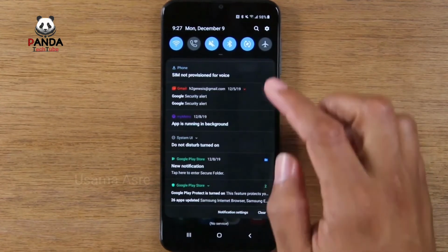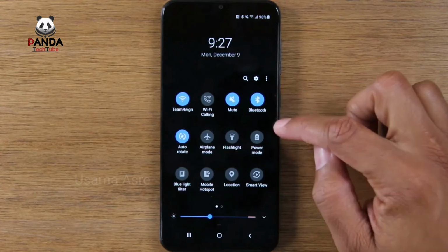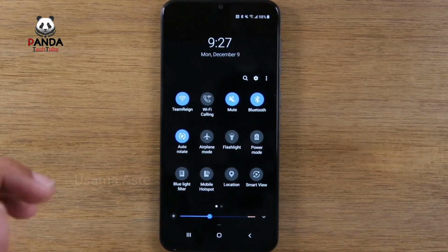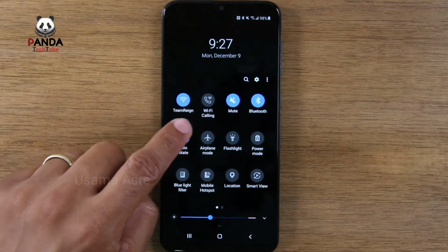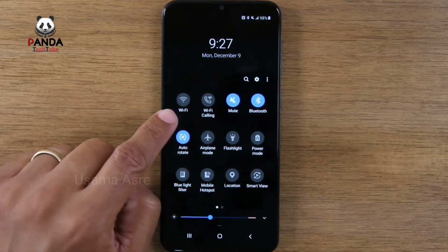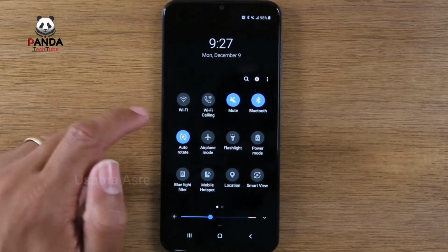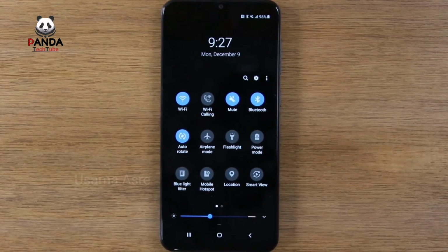The second thing you'll do in here, you can pull down further and you have these things that are called switches. These are different switches that control different things on your phone. So for example, if you wanted to connect to Wi-Fi, you would make sure this symbol is blue. If that symbol is not blue, it means that your Wi-Fi is turned off. So to turn your Wi-Fi on, you'd have to tap it once to turn Wi-Fi on,